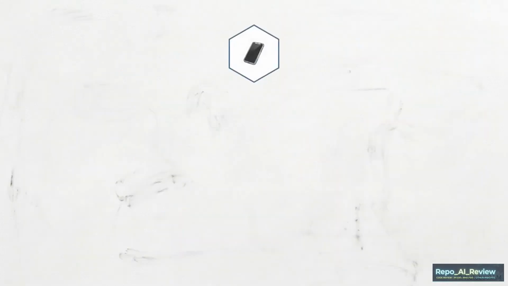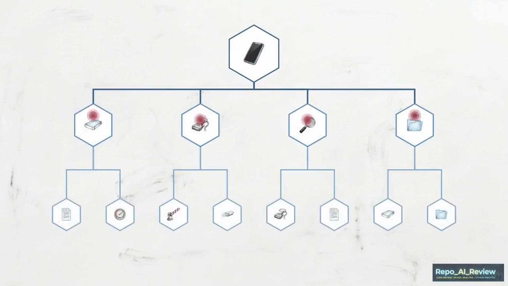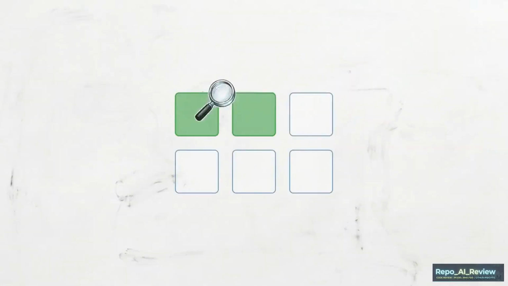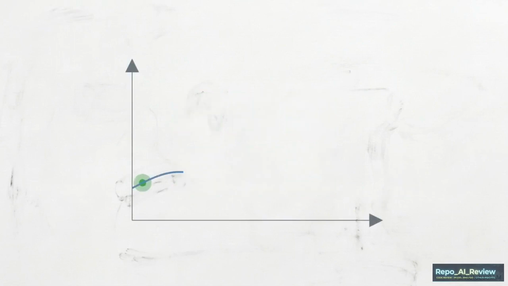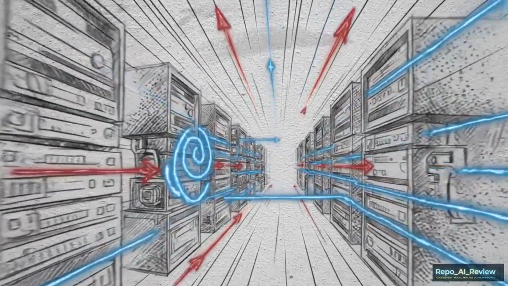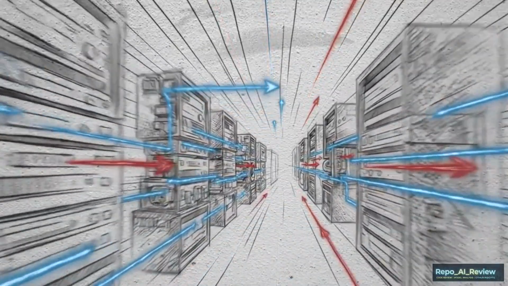It operates as an independent worker, capable of taking a high-level directive and executing the granular steps required to fulfill it. It does not rely on predictive text to guess an answer. It actively searches the web and computes live market data, structuring a bespoke research plan for every unique query. When human parsing becomes the bottleneck, shifting from manual extraction to agentic automation is the only mathematically viable way to